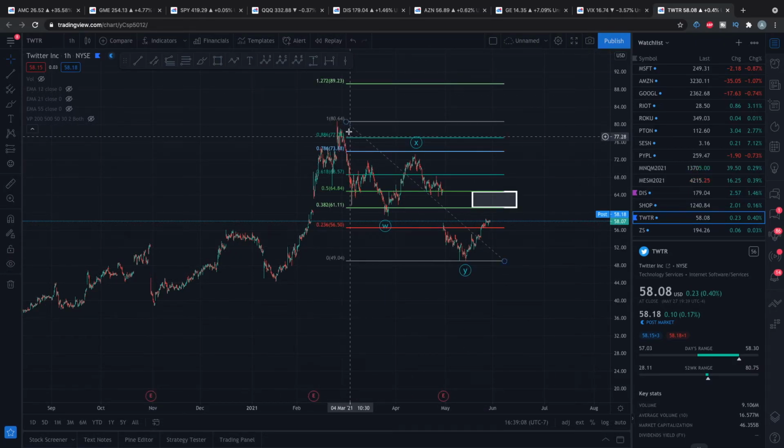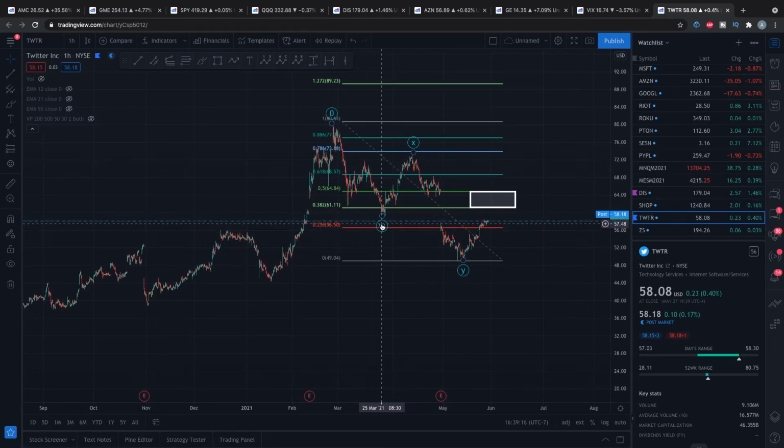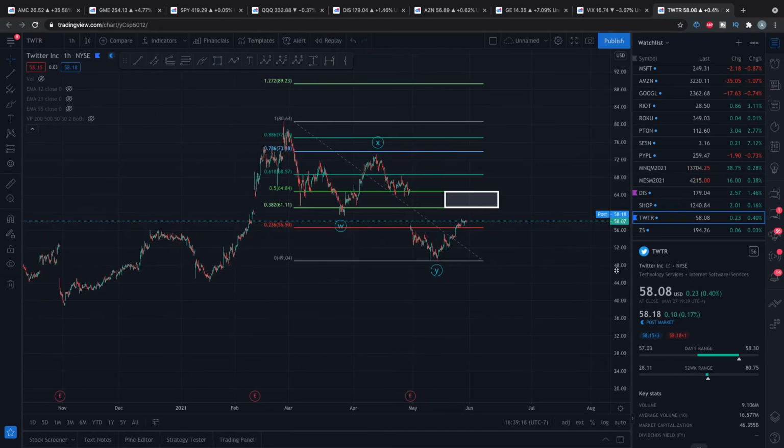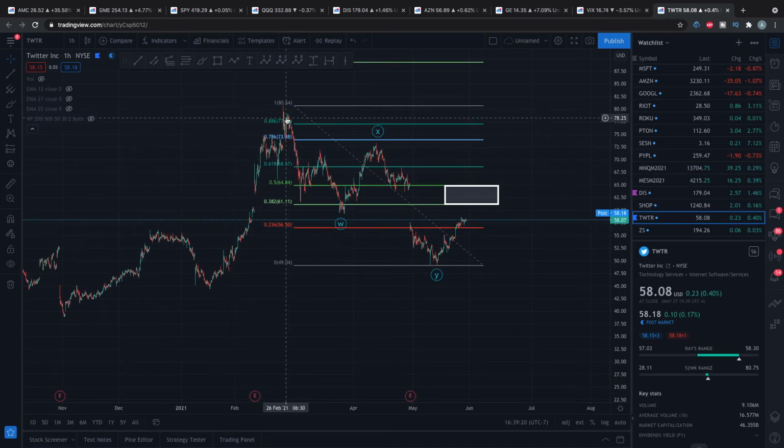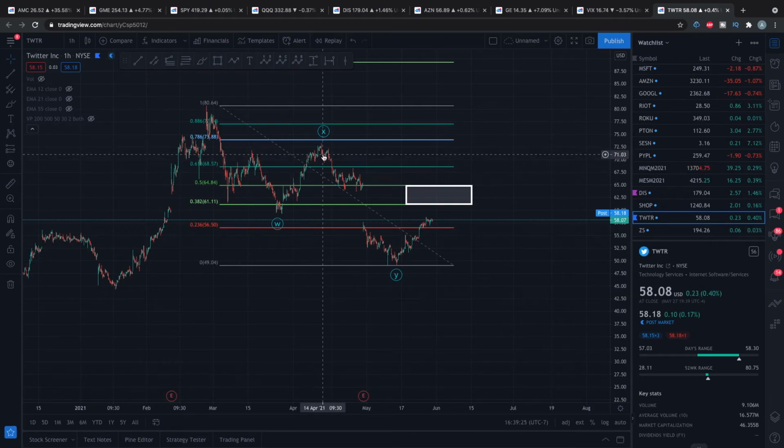And in terms of Twitter, we see a complex correction forming where we see a W, and then an X, and then a Y. And the reason why this is a complex correction over an ABC is because the W wave right here looks to be taking on some kind of non-impulsive structure, and then same thing for the Y wave. So we see kind of like an ABC rather than a